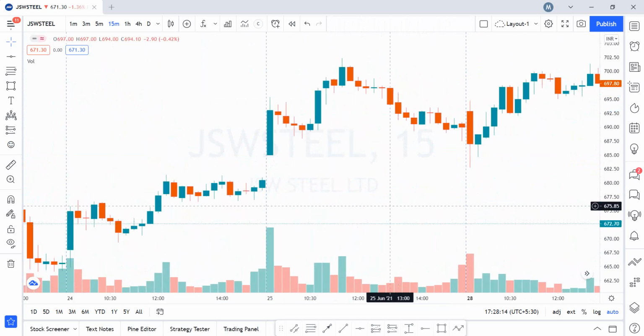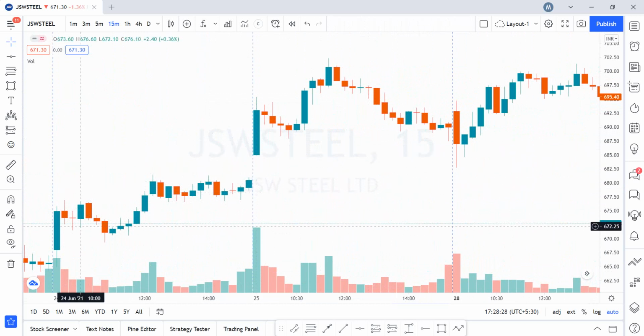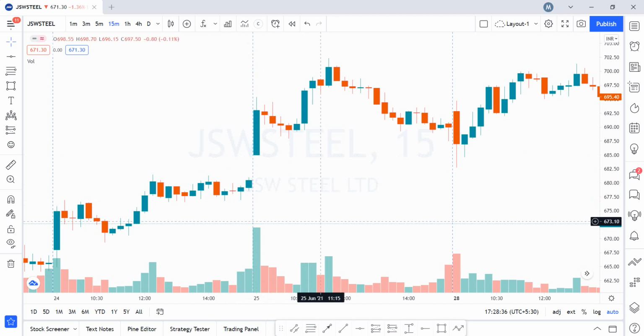So this is the 25th of June, and if you see, these 3 bullish candles make it a three white soldiers. However, we got a big gap up as well. So the stock is gapping up, and the stock is exhibiting quite strong bullishness. We got an open equals to low candle over here, which makes it a perfect stock to go long.